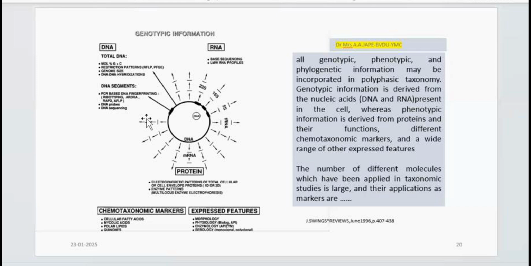Right. Now, if you permit me to talk for 10-15 minutes more, I would like to discuss the polyphasic approach in a little detail, instead of going for any one technique, because every time in one lecture we can discuss one or two techniques and they can be remembered very well. But if I just take two, three, four techniques at a time, it is going to be confusing. So I'm going to talk to you about DNA hybridization from here onwards.